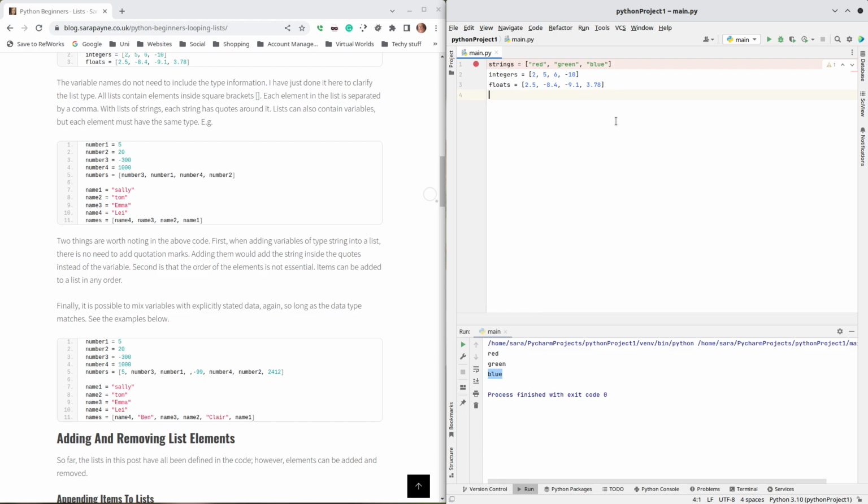And another way you can do this is you can fill a list with variables. For example, if I have number 1 equals 5, number 2, 20, number 3, -300, and number 4, what was it, 1000. Right, I could then make a numbers list,